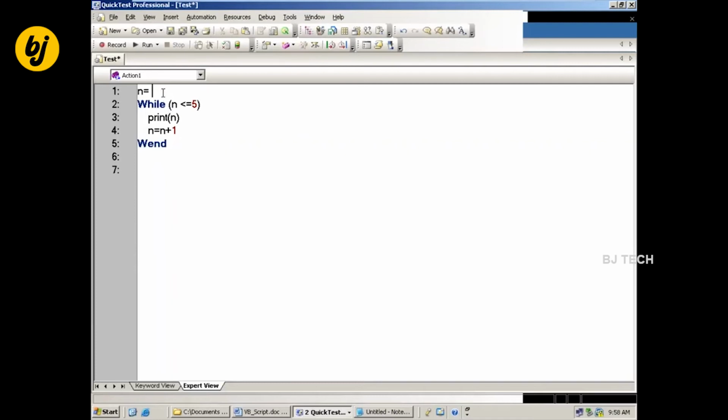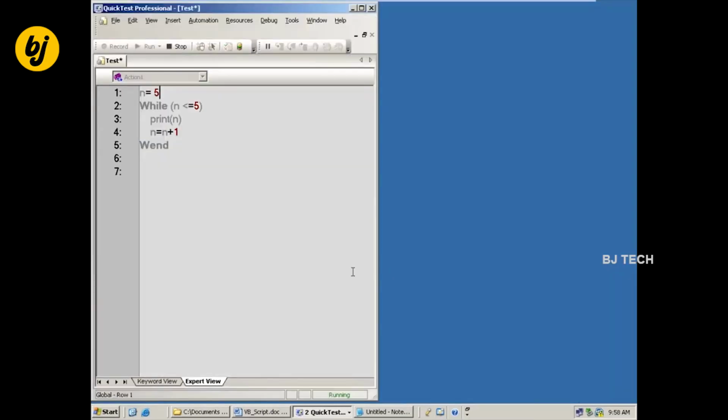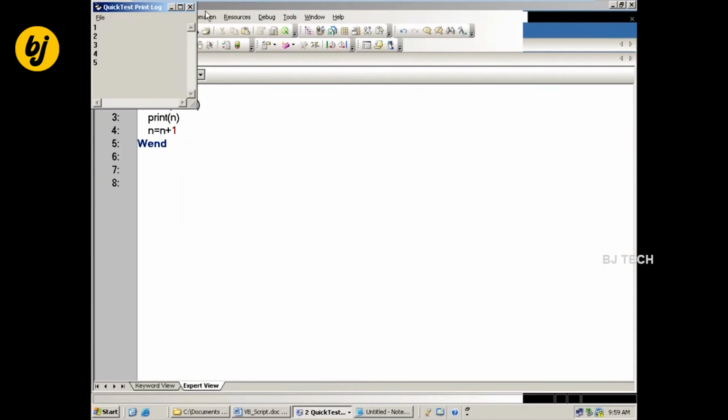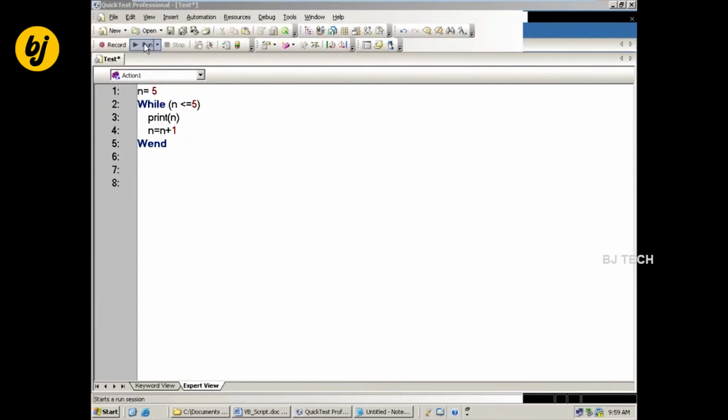Suppose I set the n value to 5. If I run, how many times is it going to execute? Only one time. See that? The first time, is the condition true or false? True, so it is executed and the output is displayed. Let me close it first.